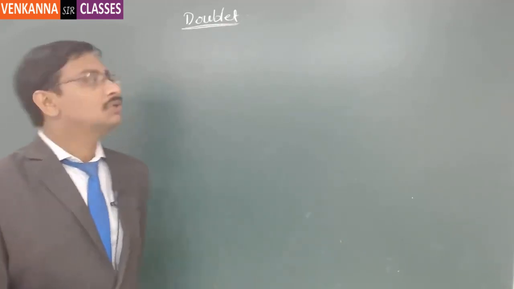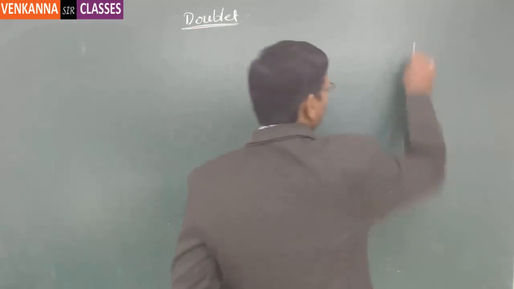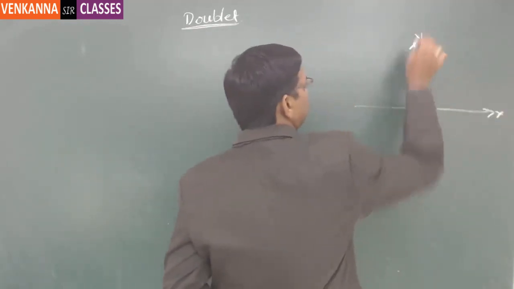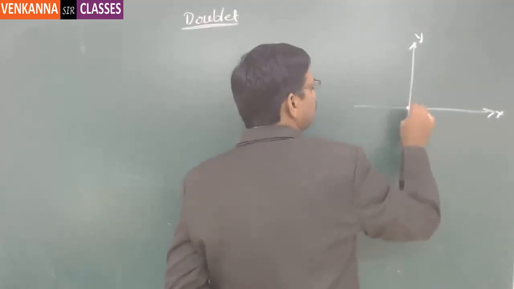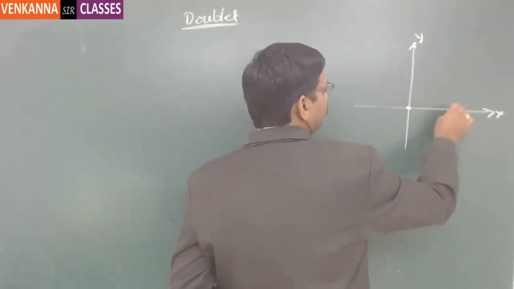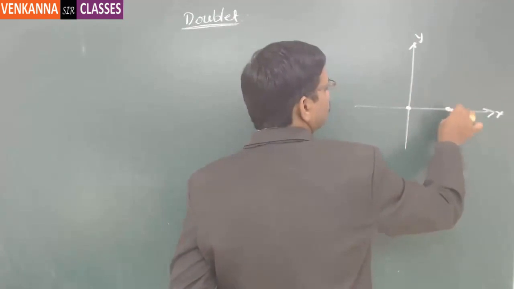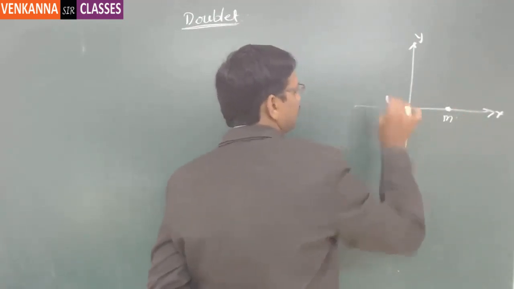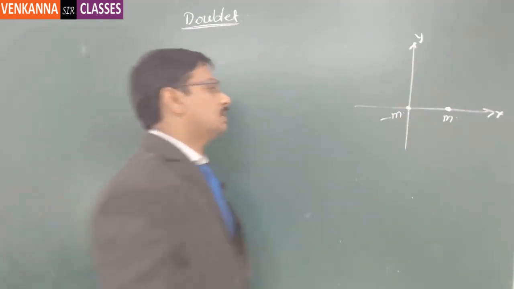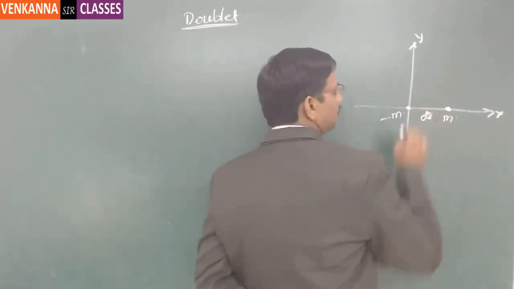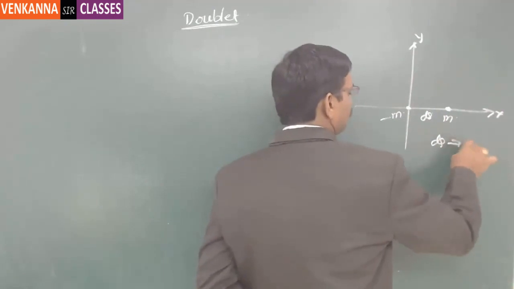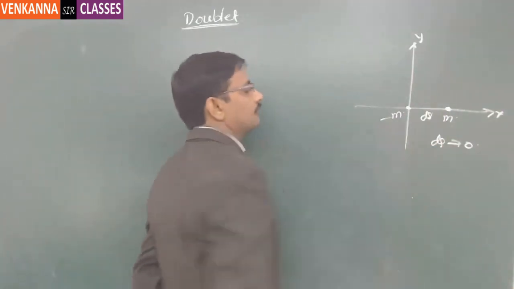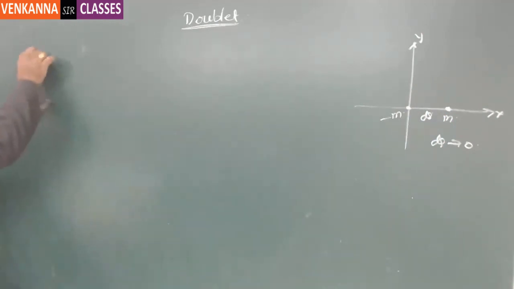Got it? So by doublet we mean, suppose this is the x-axis and this is the y-axis, and there is a source of strength m here and a sink of strength minus m here. These two are separated by a distance of ds, where ds is almost 0. And this system of arrangement, a doublet,